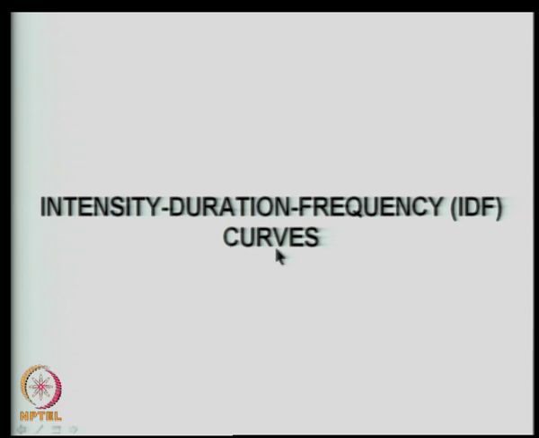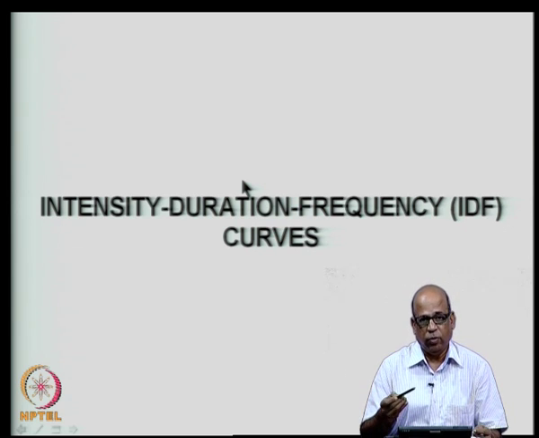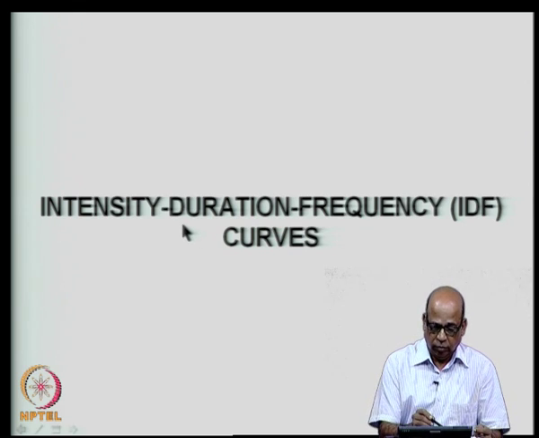So, the intensity, duration, frequency relationships, also called IDF curves. Intensity is the intensity of rainfall we are talking about. This is depth per unit time, so millimeters per hour may be one of the units that you use. Duration is the duration of the rainfall, which is typically in hours. If you are talking about urban stormwater drainage, etc., it may be of the order of a few minutes, 30 minutes, 40 minutes, 12 minutes, etc. So, this is the duration,